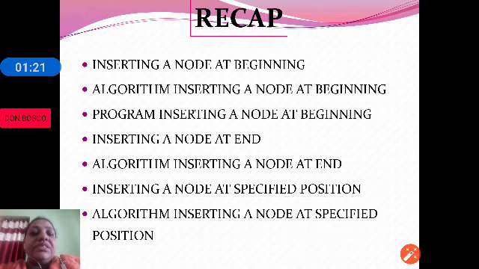We had also discussed the algorithm for all three topics, but we had discussed the program only for one topic, that is inserting at the beginning.